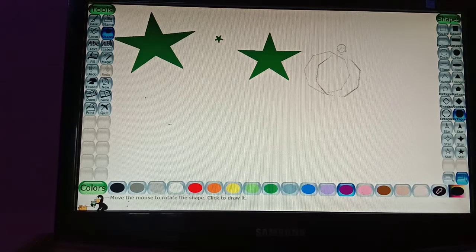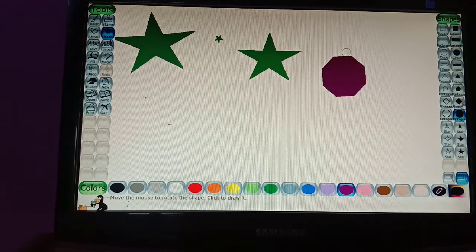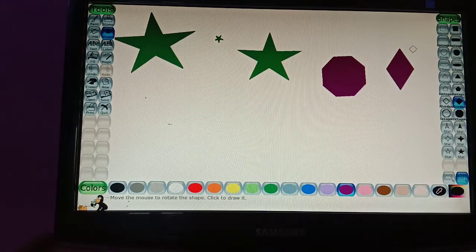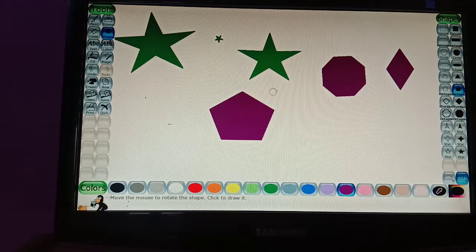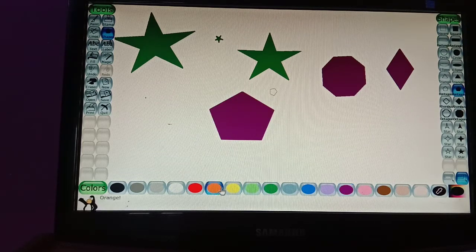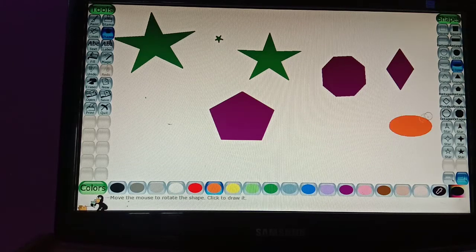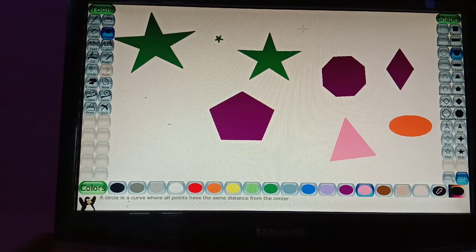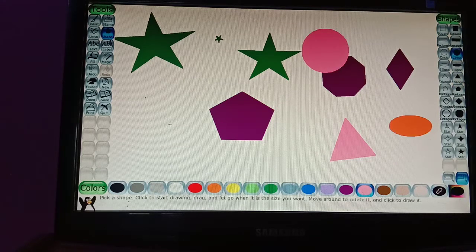This is the octagon symbol, this is the rhombus symbol, this is the pentagon symbol. This is our ellipse. This is our triangle, and this is our circle.